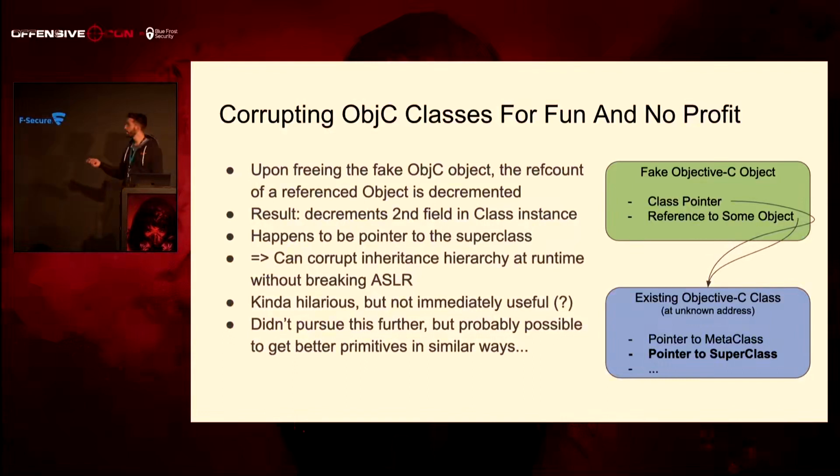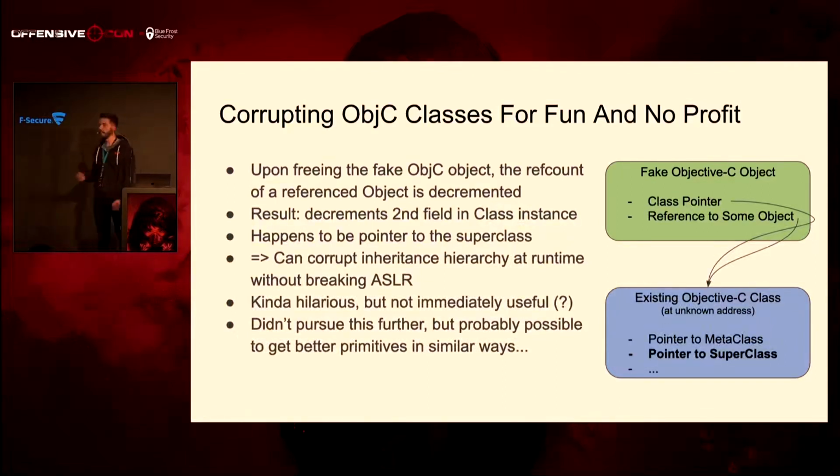And so it just so happened that if you look at a class object, the first quad word is again a pointer to a class, a metaclass, and the second quad word is the pointer to the superclass, right? So Objective-C has inheritance, and these class objects, the second quad word is always the pointer to the superclass. And now, due to this reference count decrement, I was able to decrement the second pointer to the superclass,